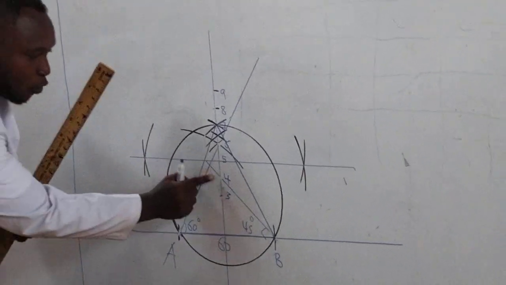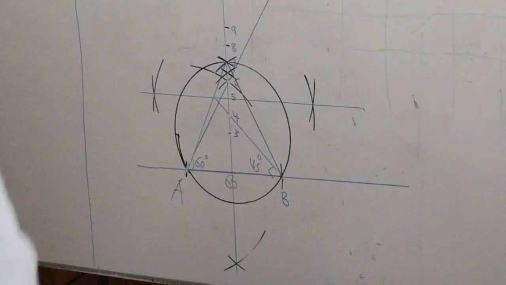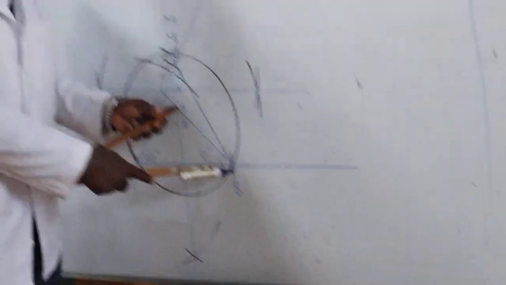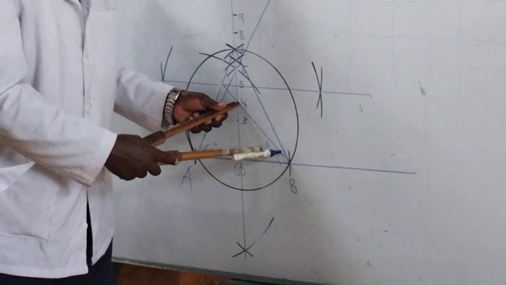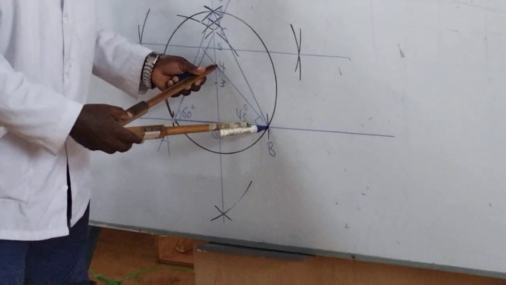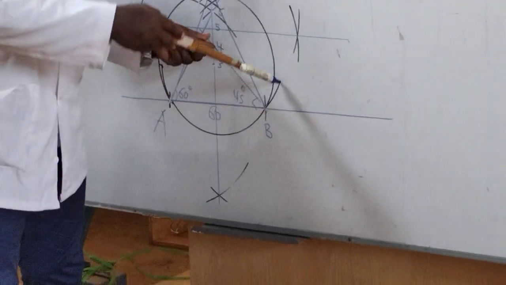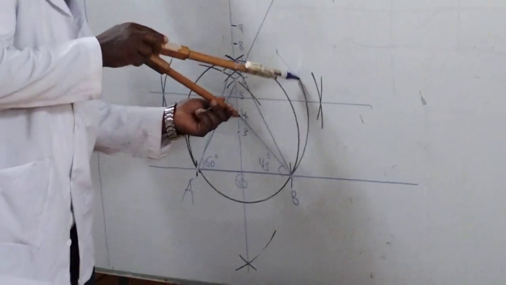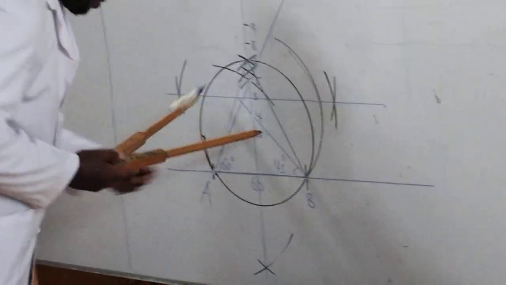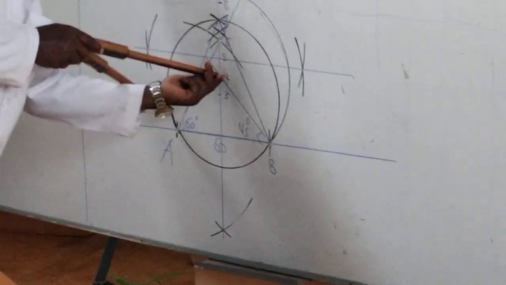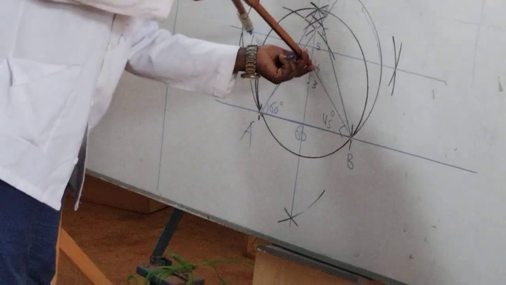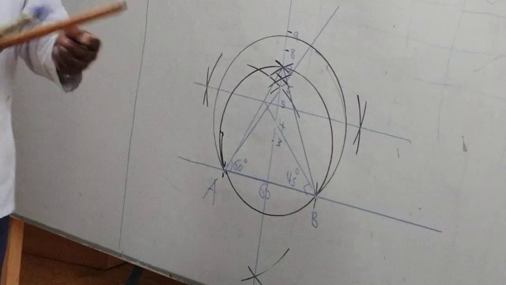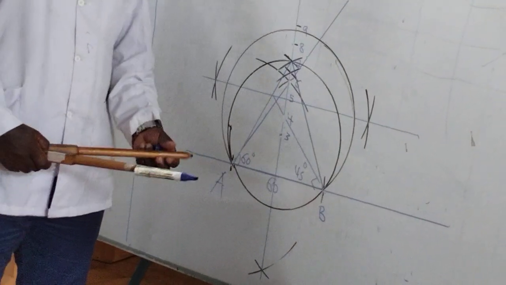Let us come to 4. Let us stand at 4 so that we can see. Stand at 4, bring it to A or B, draw a circle. And now for your neatness, you should not go past. Okay? That way. Then again use the distance from A to B to mark along the